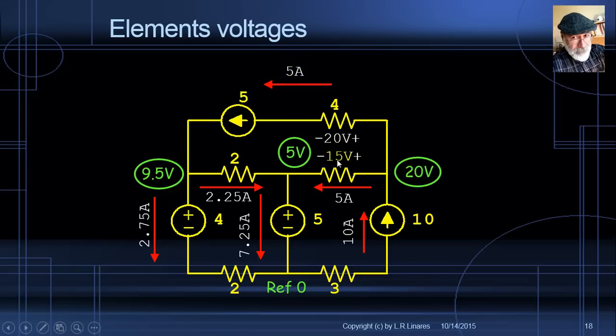Next one. What is the voltage here? 15. How do I find that? It's how much higher the right 20 is than the left 5. 20 minus 5, that is 15 volts with that polarity. And here,